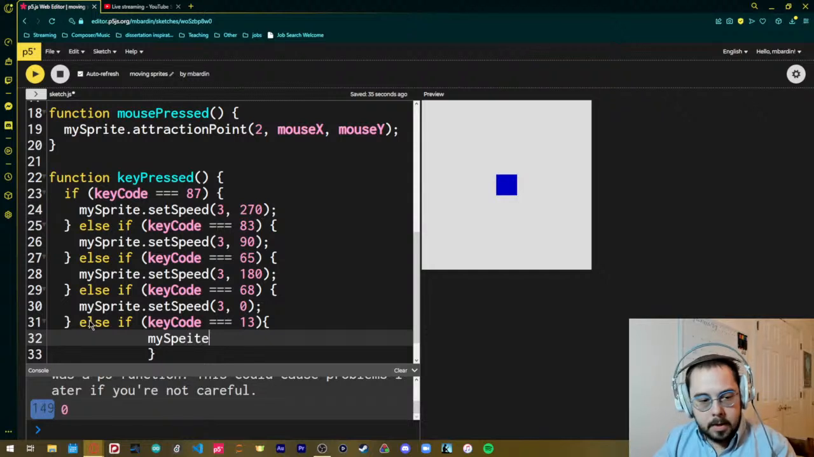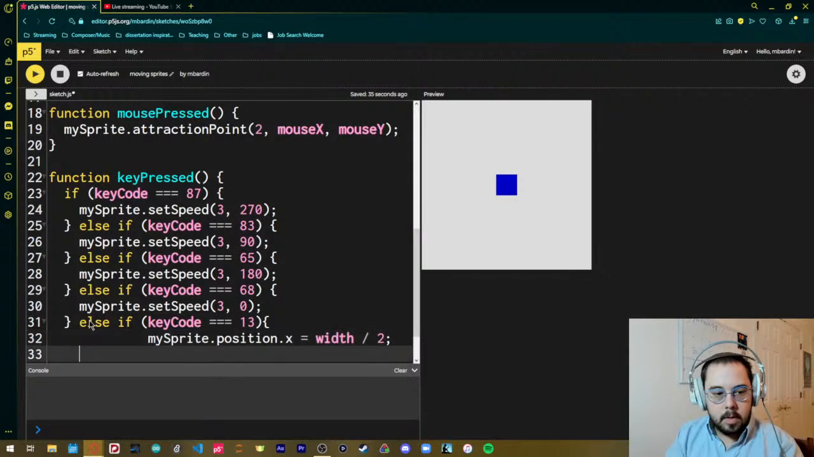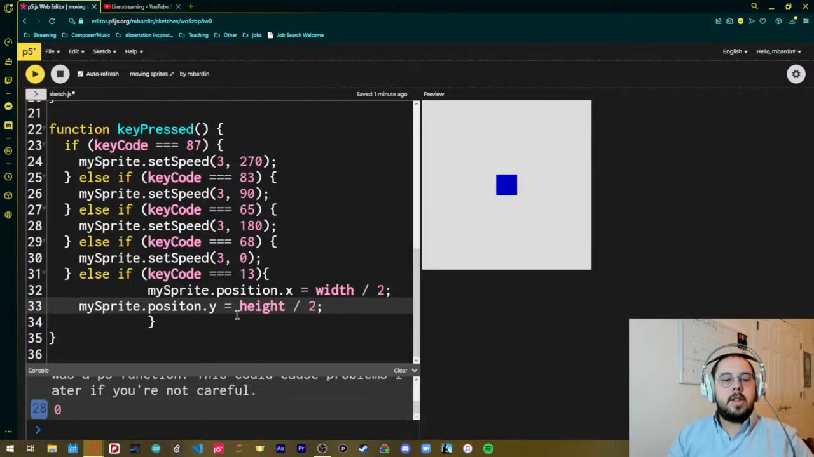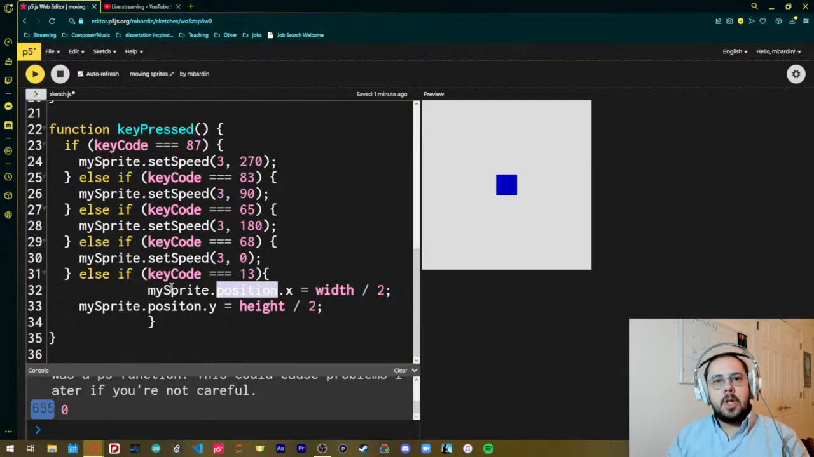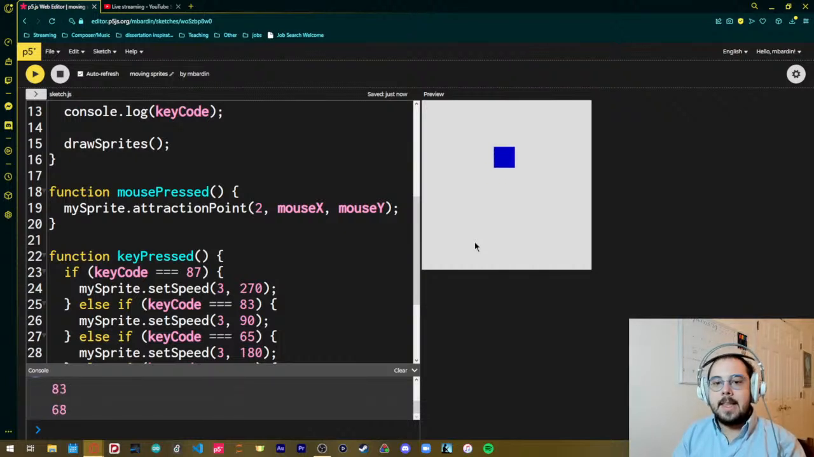We'll say my sprite dot position dot x equals. So you'll notice these are the same positions as when we created the sprite up at the beginning, and then we're talking specifically to the position property of my sprite. But the position property has two sub properties, that being the X and Y position. So we have to set the X position manually and the Y position manually. So now if I rerun this, I can move my sprite all around, but as soon as I hit the enter key,